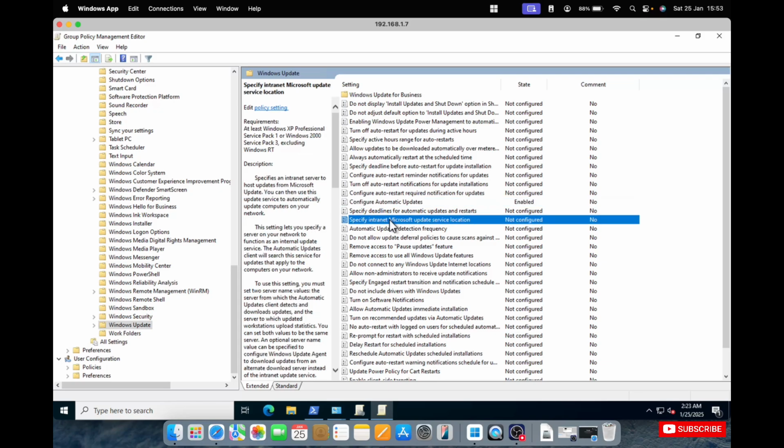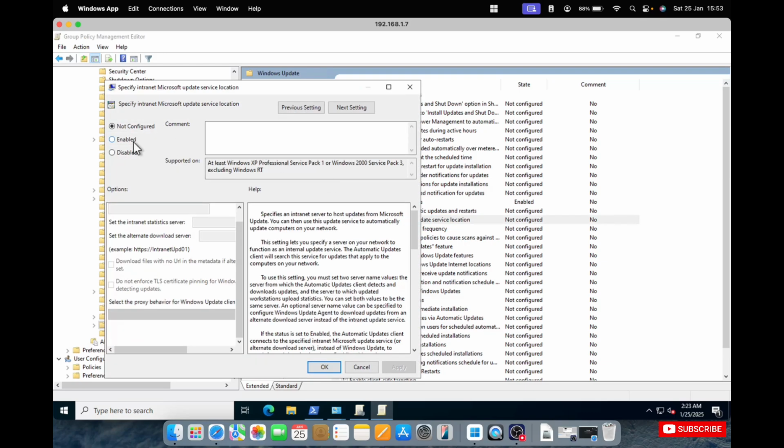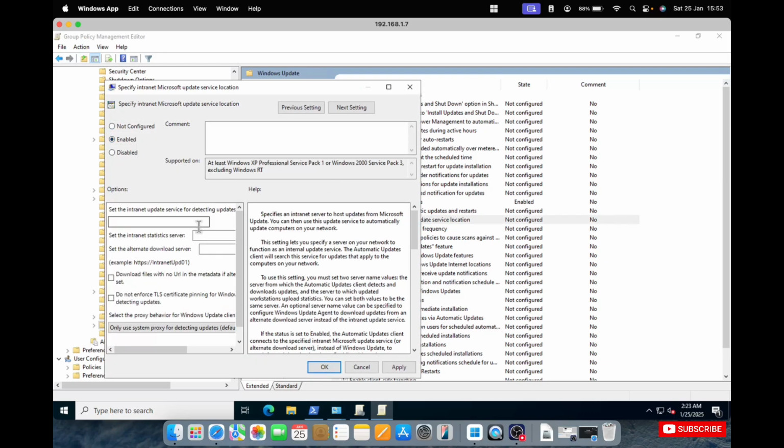And then we will define our update server, from which we will be deploying this. So we can go to that setting, and we can define that server here. That is your update server. Specify intranet location. We can set, 1 second. We can give here that name. What is the name of the server? That IP is 8. So we can give